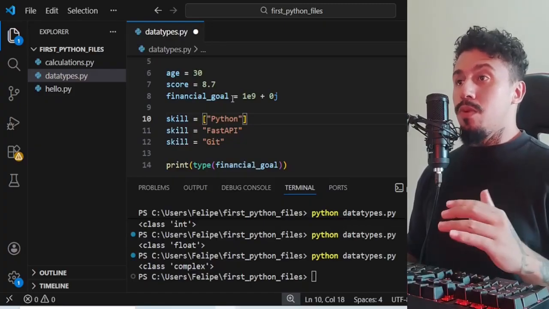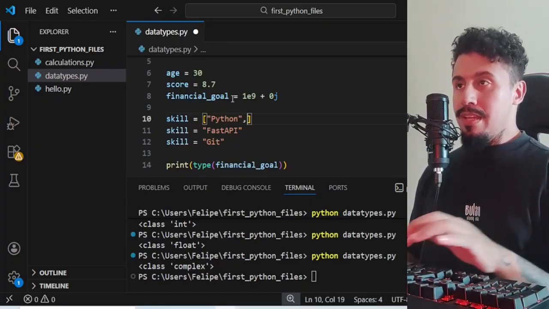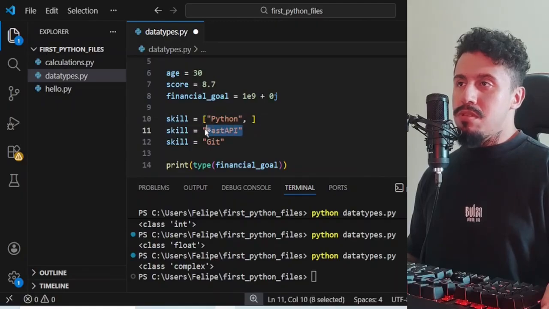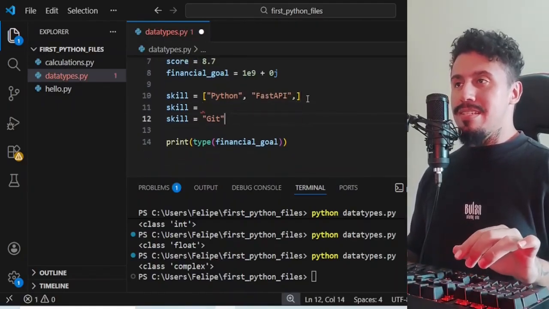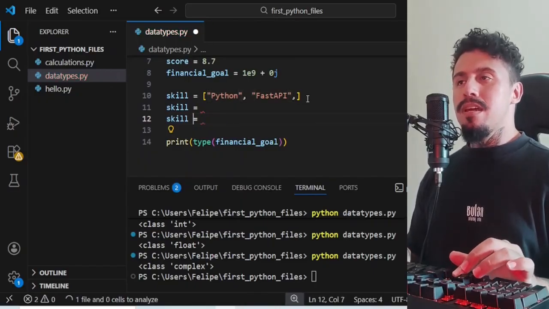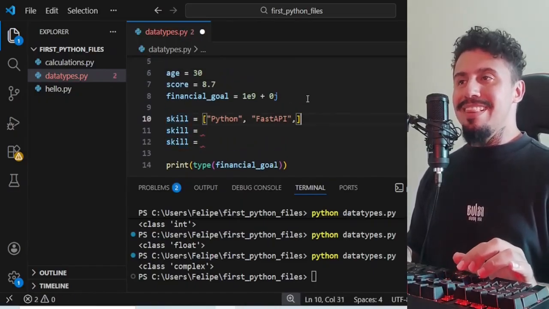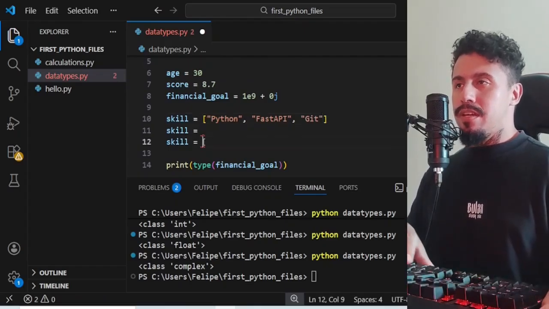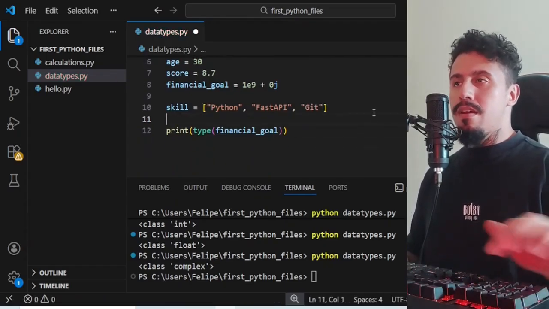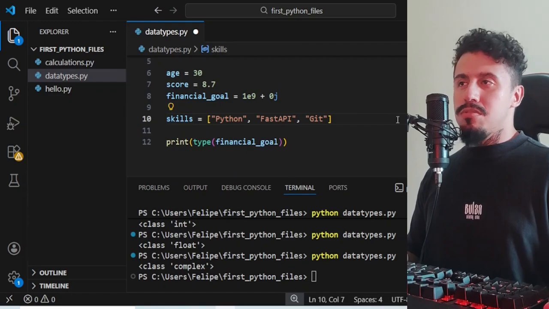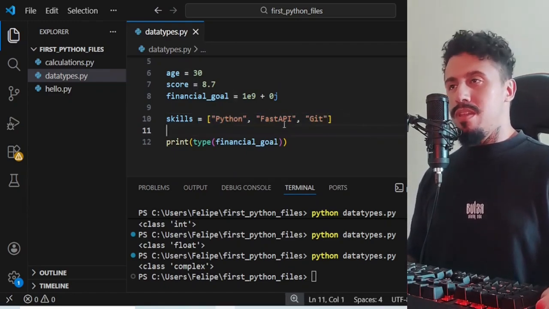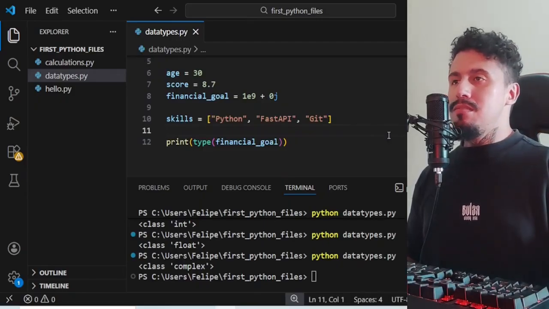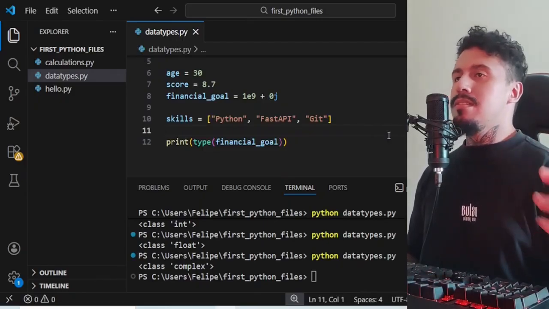Anyway, square brackets, and separate the values by comma. And this data type here is called list, alright? So skills receives a list with as many values as I want, okay?